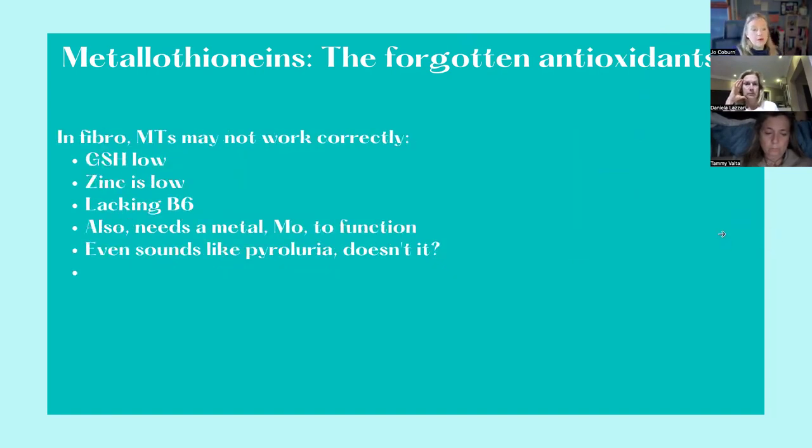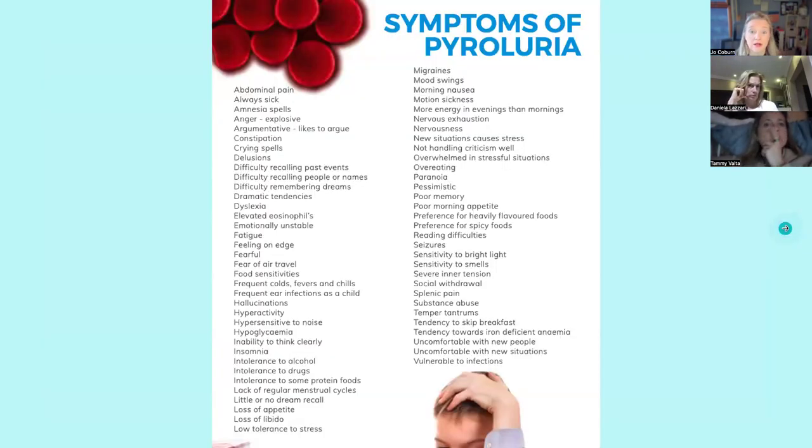So in fibromyalgia, going back to the beginning, right? MTs may not work correctly because glutathione is low, zinc is low, the body's lacking B6, and it also needs a metal, molybdenum, to function. And it sounds like a lot of the same things in pyroluria, right? So these are all the symptoms in pyroluria. So I could read through a lot of them, but